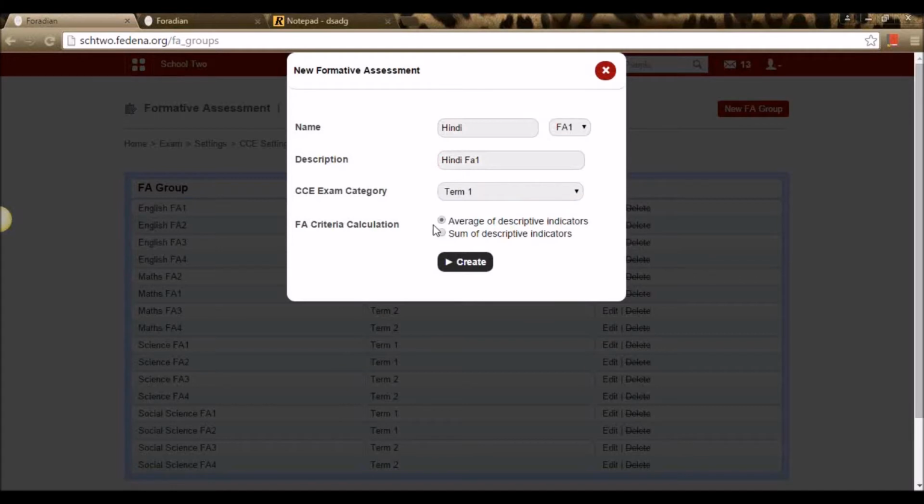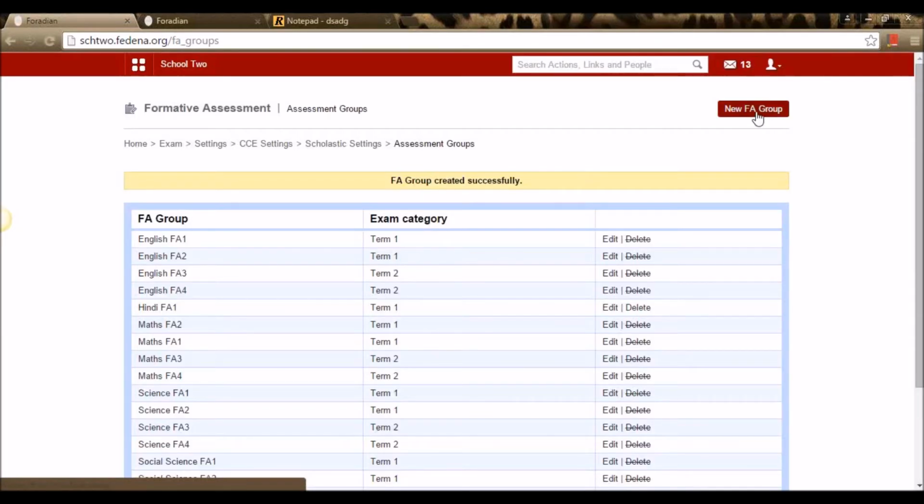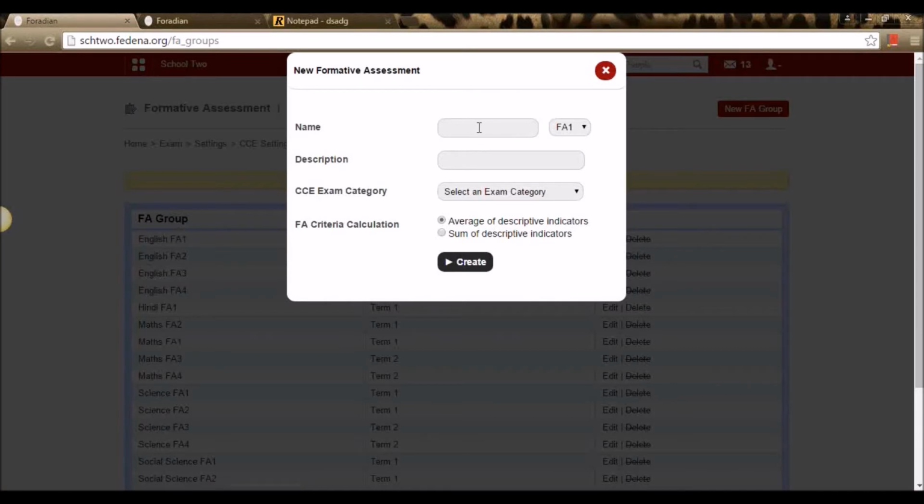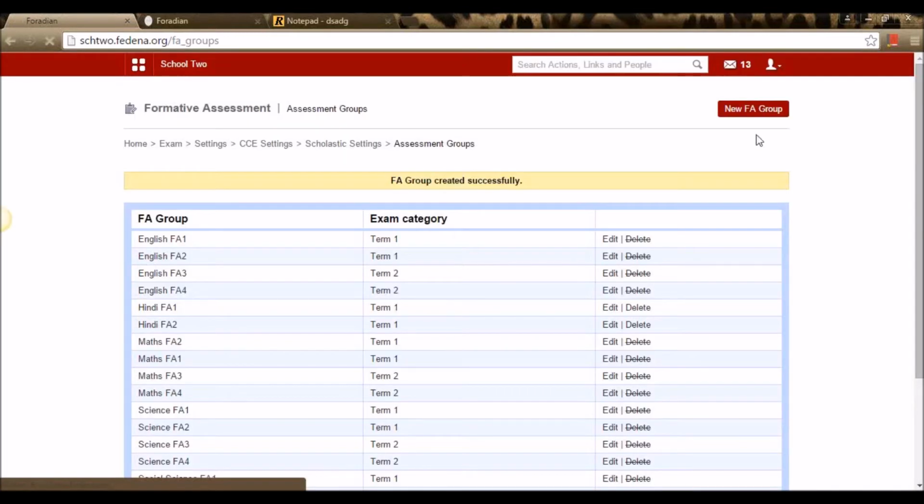I'm selecting the FA category calculation as average of descriptive indicators. And I'm saving it. So I need to create 3 more. I'm doing this for FA2, which is for term 1. I'm giving a description. I can choose any of these, say sum of descriptive indicators or average of descriptive indicators.